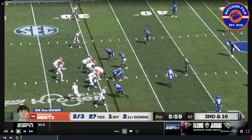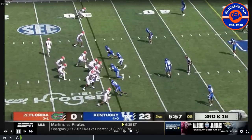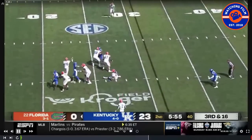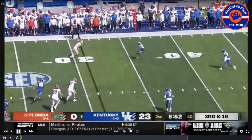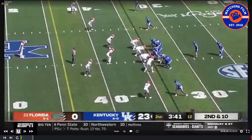End up, I think, scrambling on 2nd and 25, making it 3rd and 16. There's not a lot of plays for 3rd and 16. I can just fall off underneath, make me drop it off, pick up what you can, but we'll let you throw those rally and tackle. So